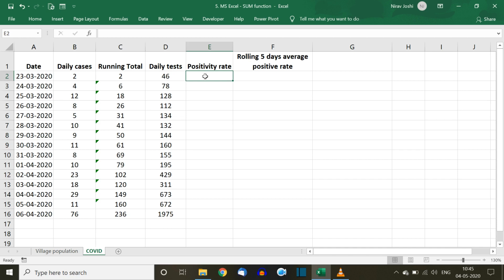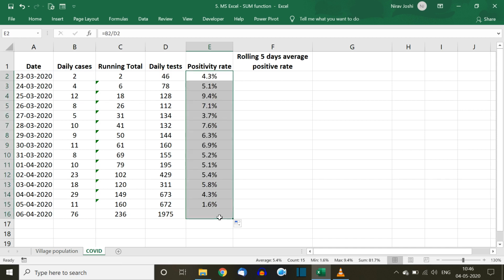First we will calculate simple positive rate, for which we will just divide the total number of cases of that day by daily test and press enter. So it will have the percentage of positives out of total tests for that specific day, and we drag it down. So it will display, on a daily basis, what is the proportion of positive.